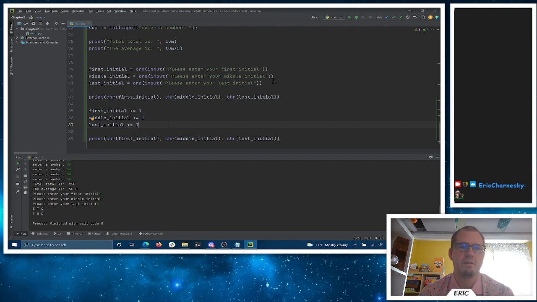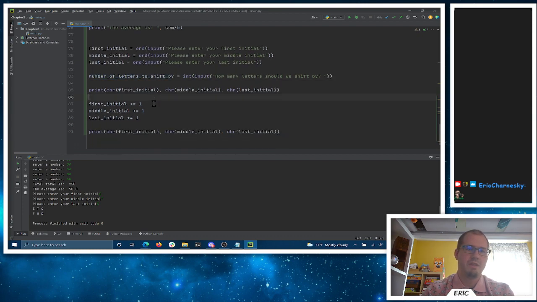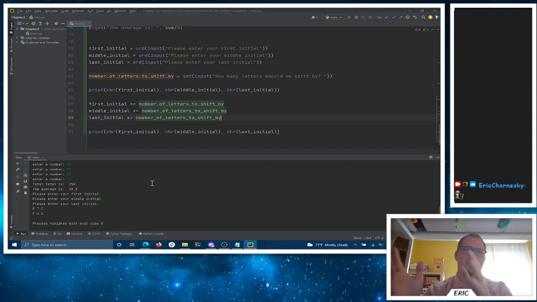So why don't we ask them? Let's say, hey, how far? We'll have an int for the number of letters to shift by, which is an int of an input of how many letters should we shift by? Okay, and we'll take that and add it to each of these. Now the problem is, if you get too far off that Unicode table, you get into things that aren't letters anymore.